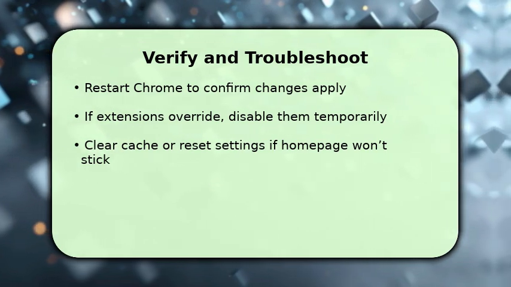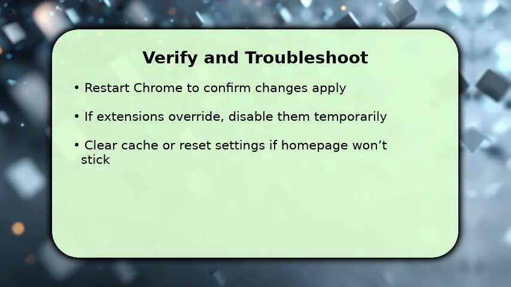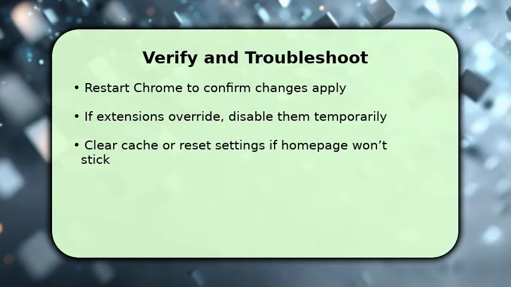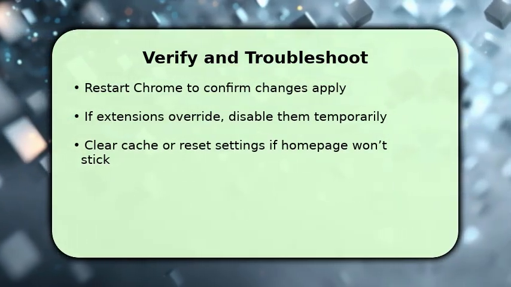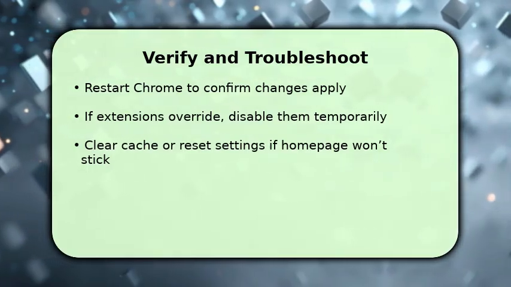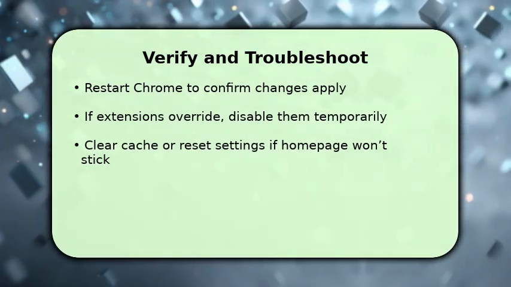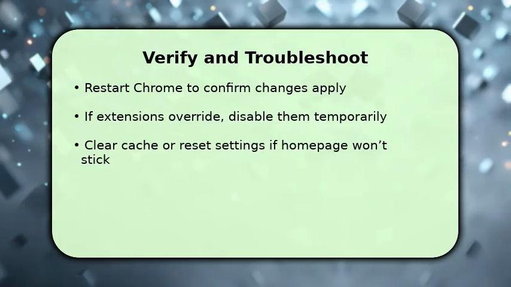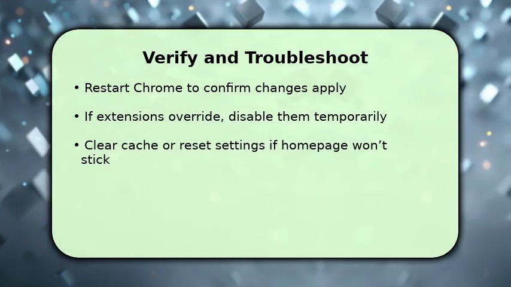If problems persist, clear cache and site data, or use Chrome's Reset Settings option to restore defaults, then reapply the Google URL. One key troubleshooting tip: check for managed policies on work devices. Since organization policies can prevent homepage changes, contact your admin if that's